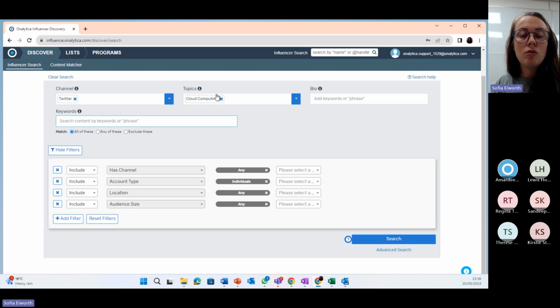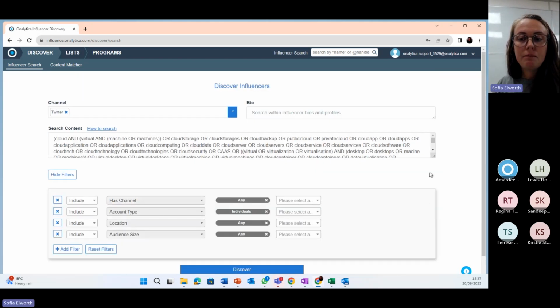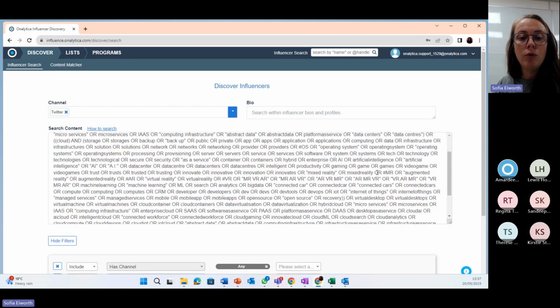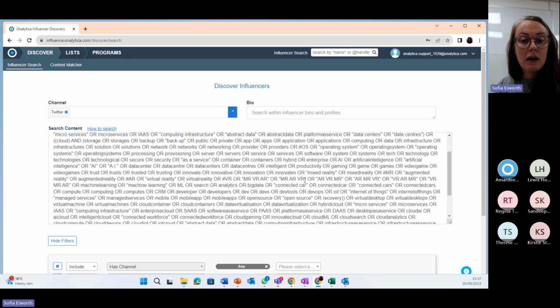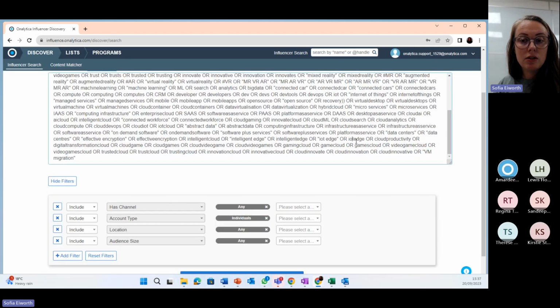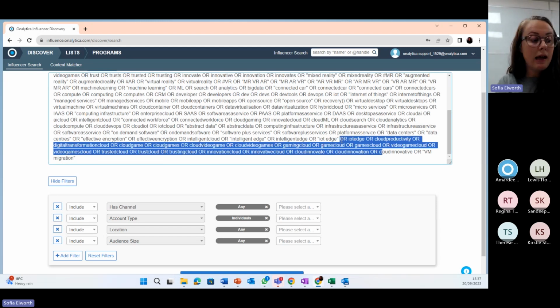Now, as you saw, I chose a topic here. It says cloud computing, that's great, but what does that actually mean? What are the keywords that are building this topic? If we want to know that, before we go to the actual search, we can click advanced search down here. This will open up so that we see all the keywords in this Boolean query that makes that topic. Here, we can actually make changes to this. You can remove, you can add